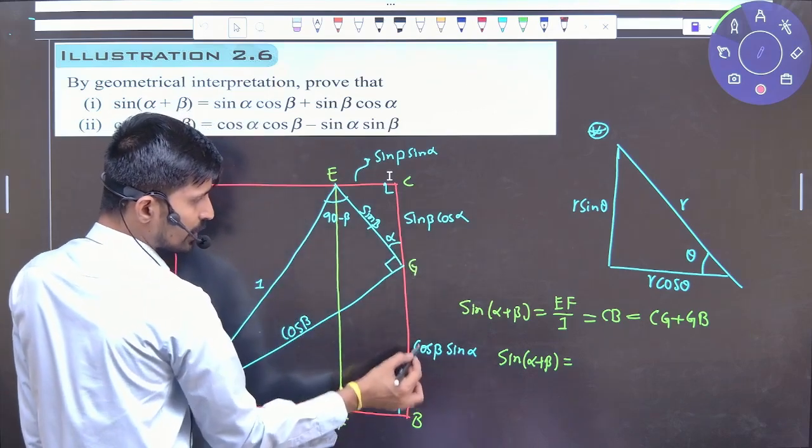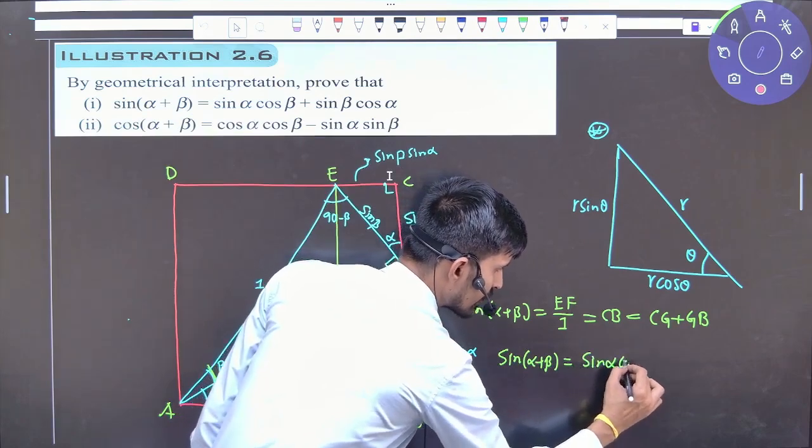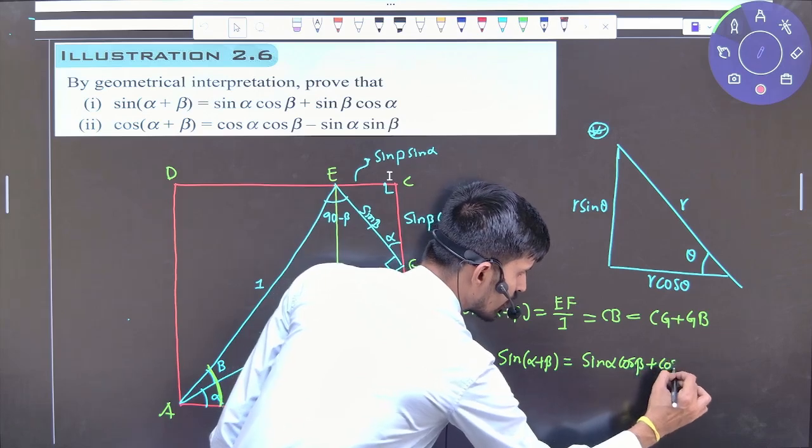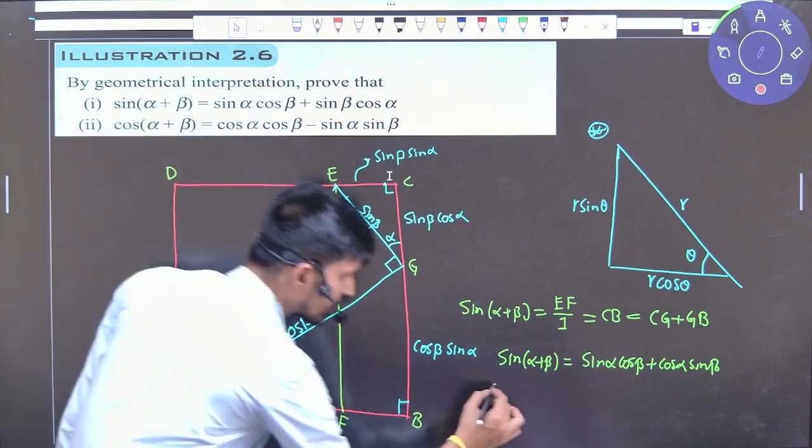Sine alpha cos beta plus cos alpha sine beta. I will write in one pattern. Sine alpha cos beta plus cos alpha sine beta. Similarly, if I write cos